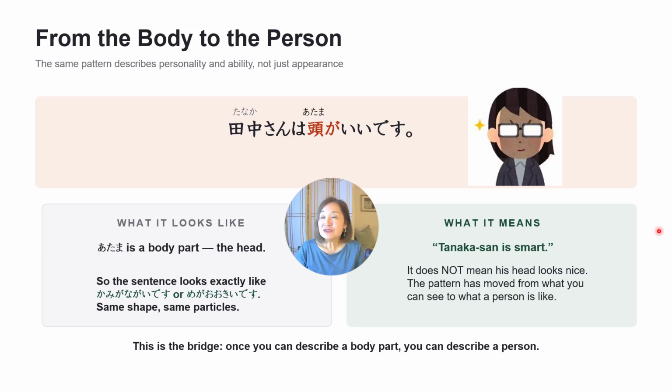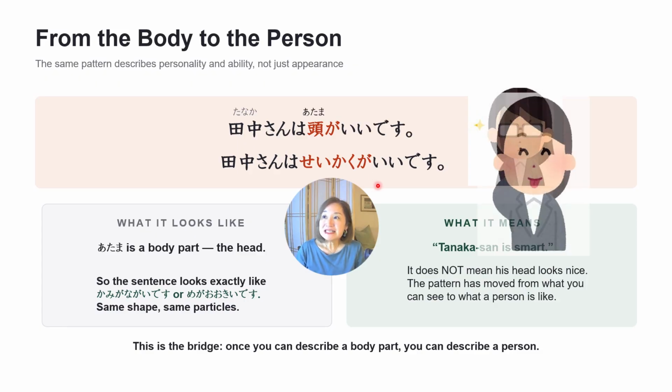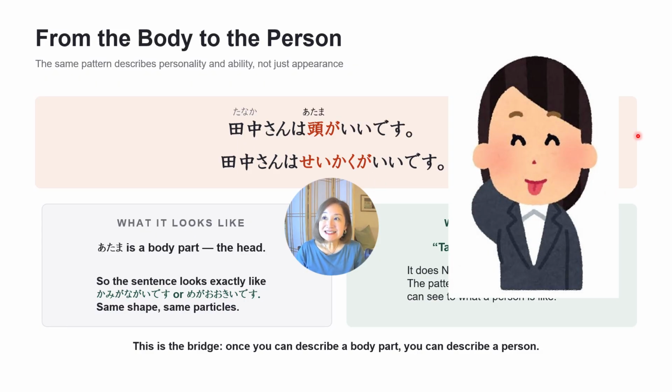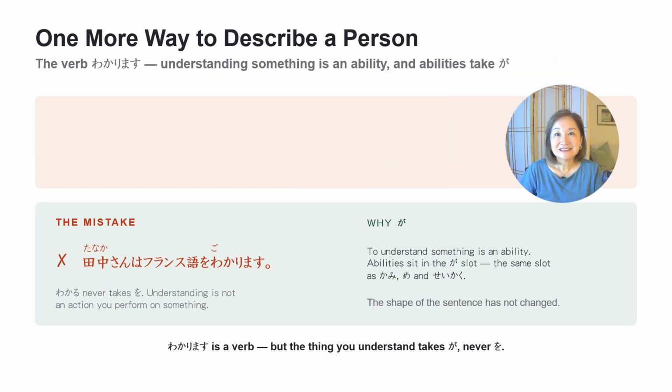And we can go even farther. 田中さんは性格がいいです。性格 means personality. So this means Tanaka-san has a good personality, or simply Tanaka-san is a nice person. Notice that the same pattern hasn't changed. The person takes wa, the thing we're describing takes ga. Then comes the description. X は Y が something です。